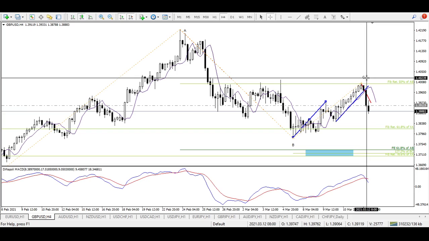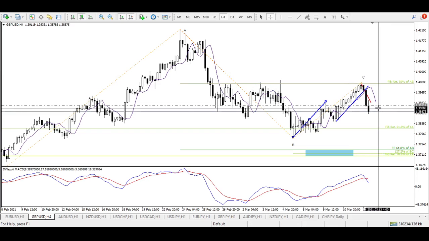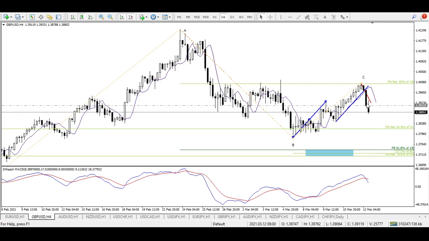And even if we add 15 pips extra, our stop loss will not be bigger than our take profit, because our stop loss here is 96 pips. If we add 15 pips extra, it will be 96 plus 15, that is 111 pips stop loss, or you can say the pips at risk, and we have 180 pips on the reward. So our reward is still greater than the risk. So that's how I'm going to trade this.